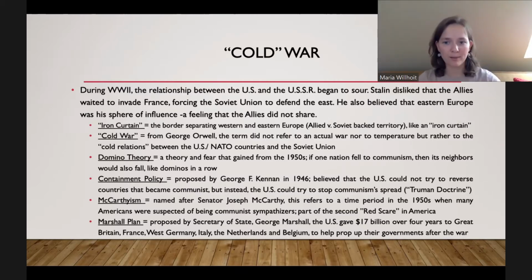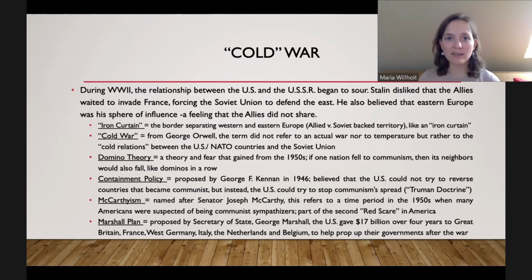He would not stop. And he really epitomizes the period when many Americans are paranoid about communism and when they start to suspect each other of being communist sympathizers. It's no longer the government watching people, it's people watching people. And he encourages it and he fuels the fire for it.